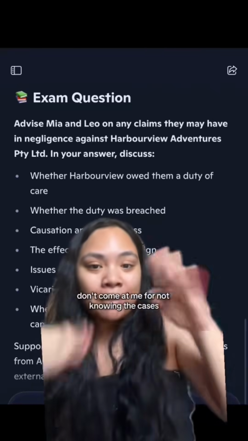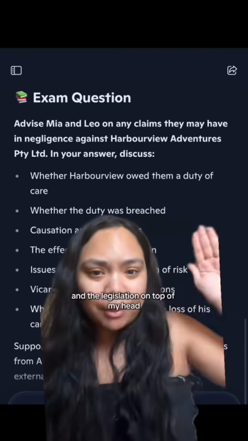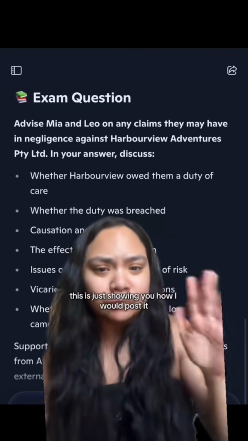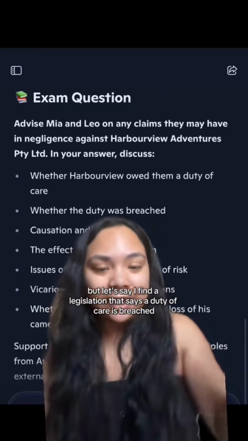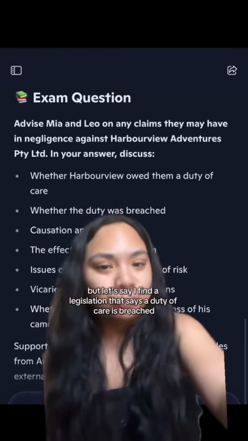So again, don't come at me for not knowing the cases and the legislation off the top of my head. This is just showing you how I would approach this. But let's say I find a legislation that says a duty of care is breached when a company